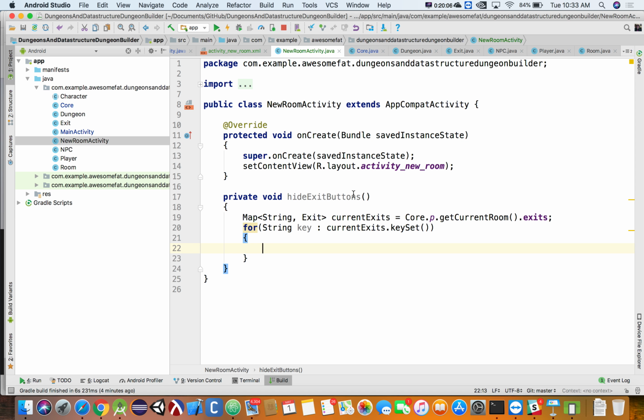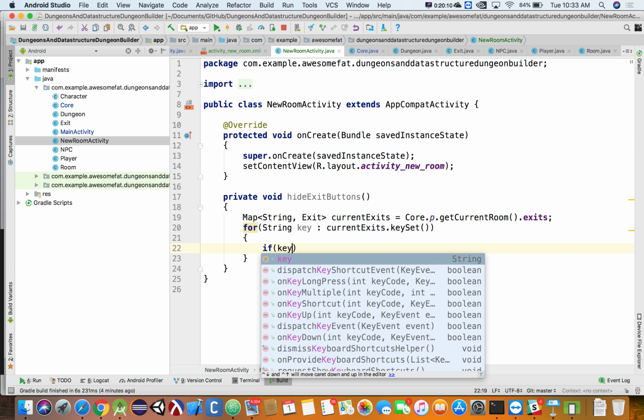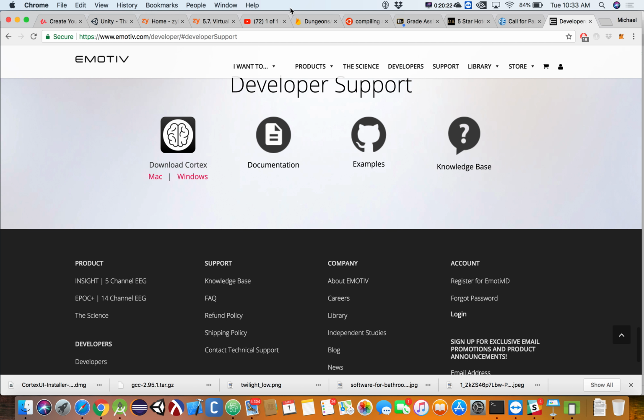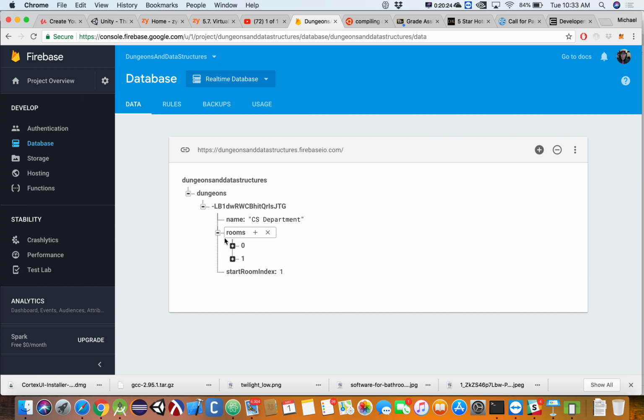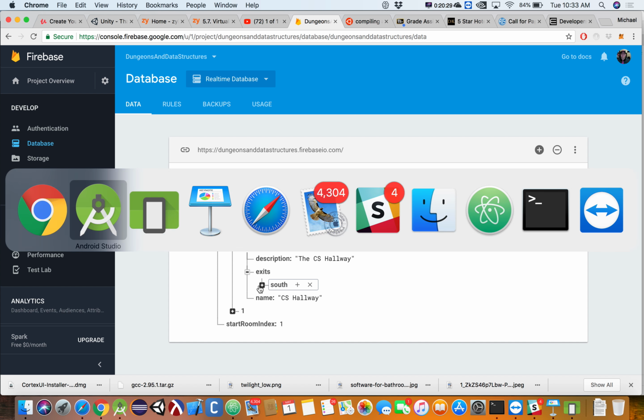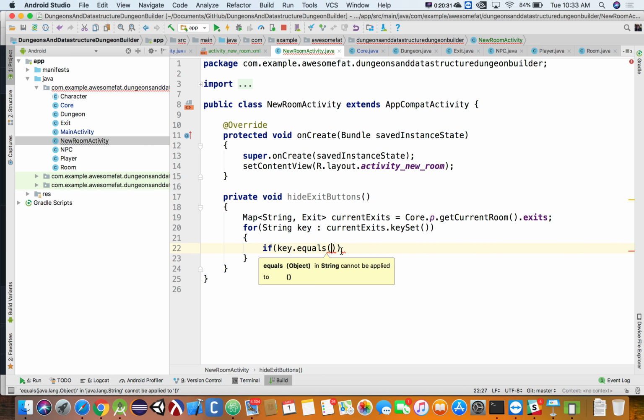Then I can say if key.equals, and do we have it in caps? No, lowercase. Are you positive? I don't trust you. Exits, it's lowercase. So if it equals north,